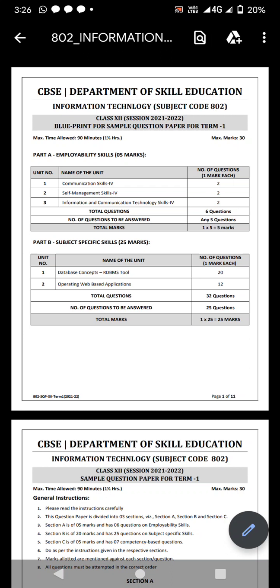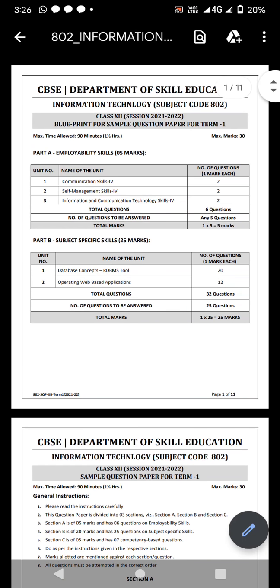And one more thing, if you want to view the notes of these units, you can easily go to part B on my YouTube channel playlist, information technology code 802. All the 4 units I have uploaded the notes with its explanation, so you can easily go through that, and from there you will get an idea that all the concepts you have to clear first, and only then you will be going to